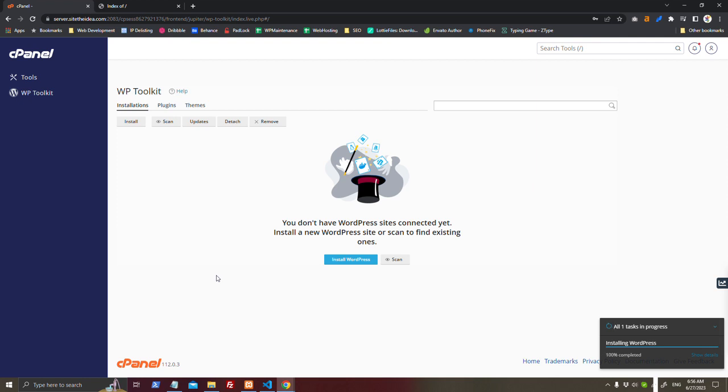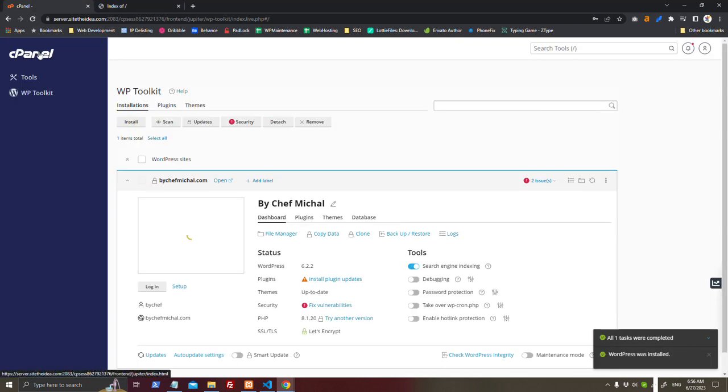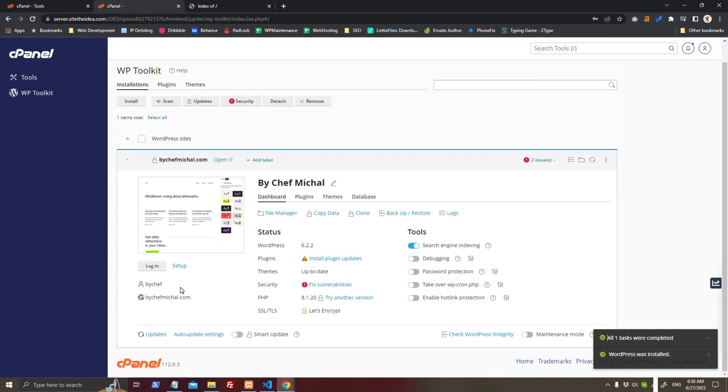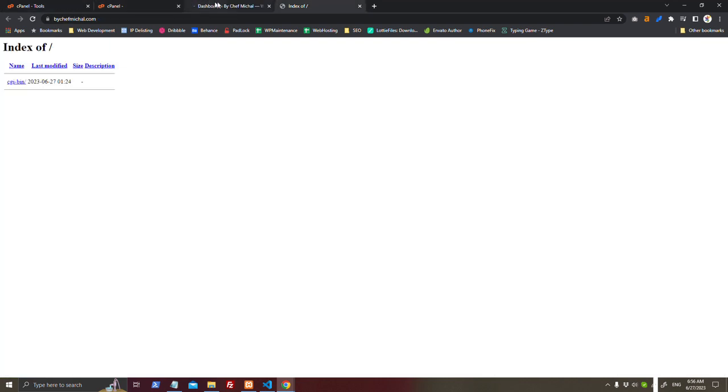Once WordPress has been installed, as you can see here, maybe you need to remove cache. To log in, just click this button and you will be automatically logged in to your WordPress. See,